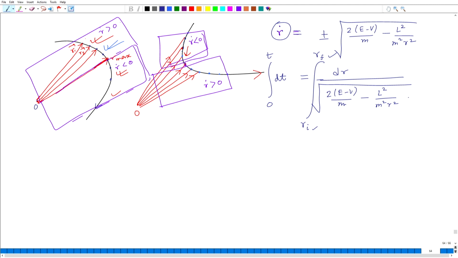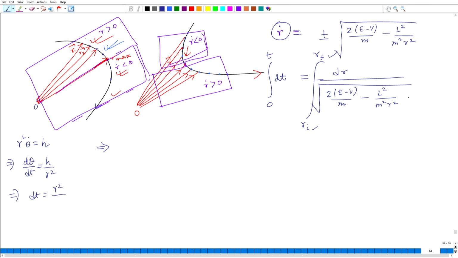Now, again just like this, can you also say the theta angle subtended by the particle from going from r_i to r_f? This is also possible. For that you just have to use this trick that you know that r square theta dot is equal to constant h, and that is why d theta dt, which is theta dot, is equal to h by r square,